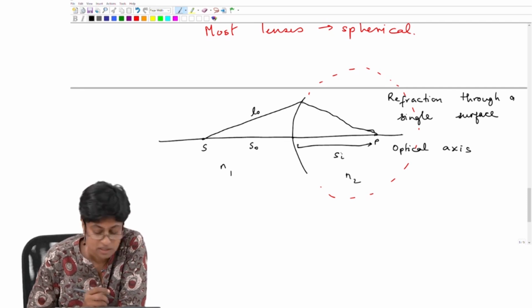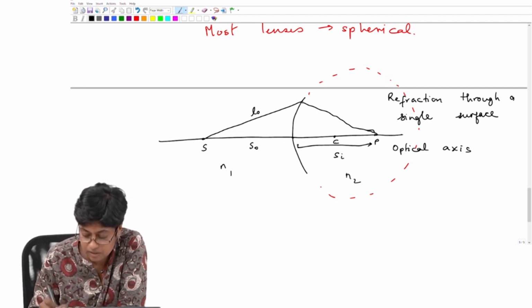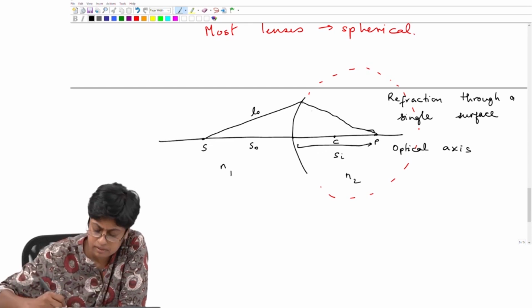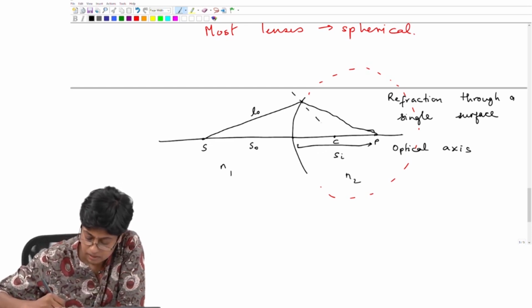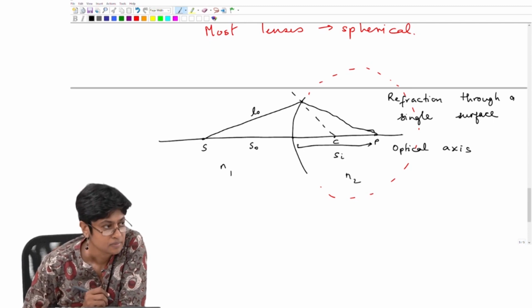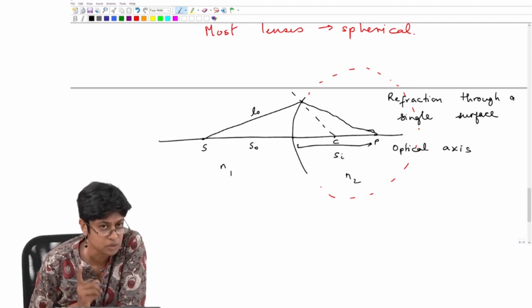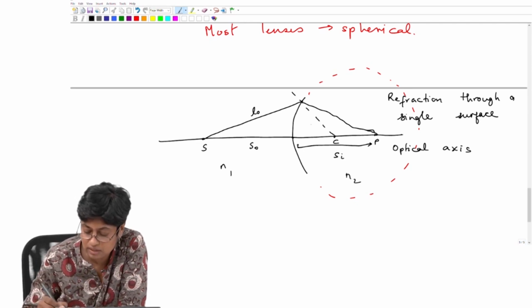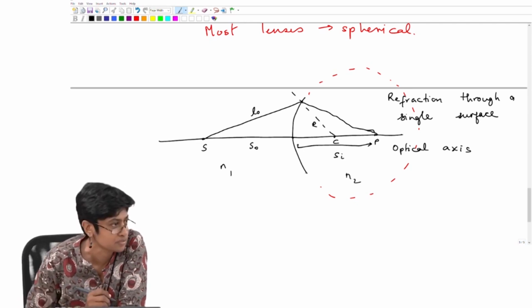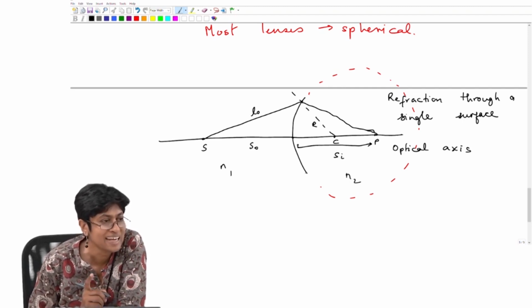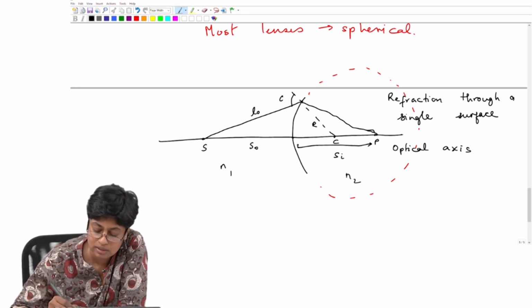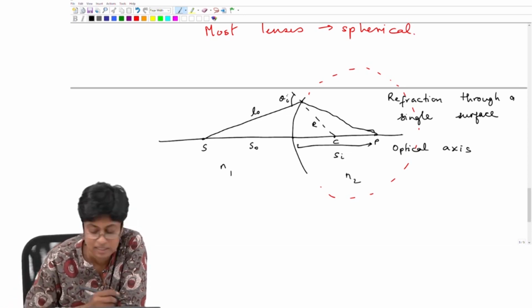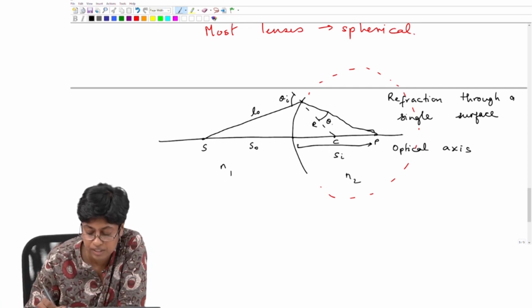Because this is a spherical surface, there is a center of curvature C, and this line can be considered the normal to the surface, because this is nothing but the radius of this surface, right. So, in yesterday's class we said we define angles of incidence as the angle between the incident ray and the normal to the surface. So, this is now the angle of incidence theta i, this is the angle of refraction theta t,